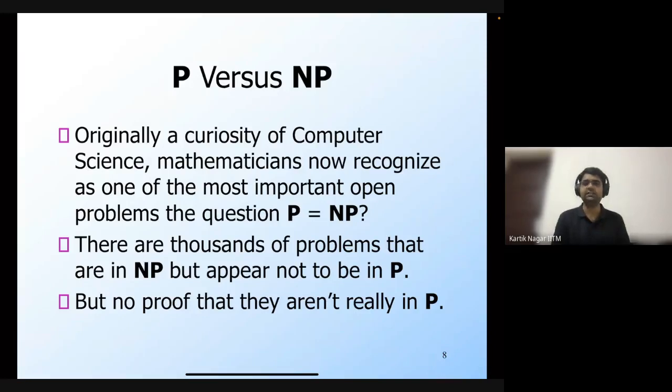So when it is asked whether knapsack is in P, knapsack is believed to be not in P. There is no definite answer to that question, because knapsack is an NP complete problem. We'll see now what an NP complete problem is. So there is no proof as such that it is not in P, but it is believed that it is not.